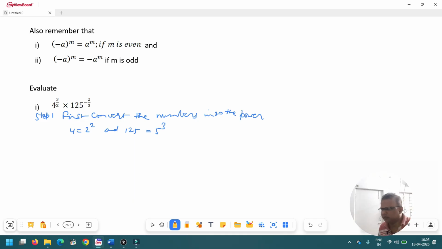Four is equal to 2 square and 125 is equal to 5 cube. In step 2, now the equation becomes